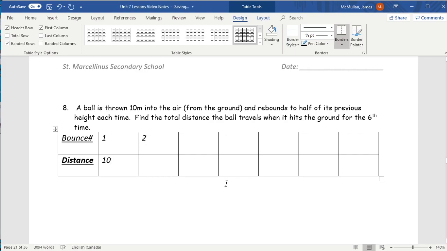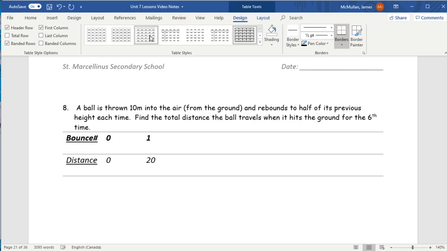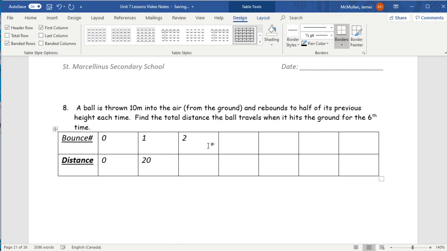When it hits the ground the second time, it travels a distance of 20 because it was thrown 10 meters into the air from the ground, and then it rebounds to half of its height. Let me do it this way. Before it has gone anywhere, it hasn't moved. By the time it bounces once, it's traveled a total distance of 20 because it went 10 up and then 10 down. So the next time it only bounces to 5 up and 5 down, which means it travels